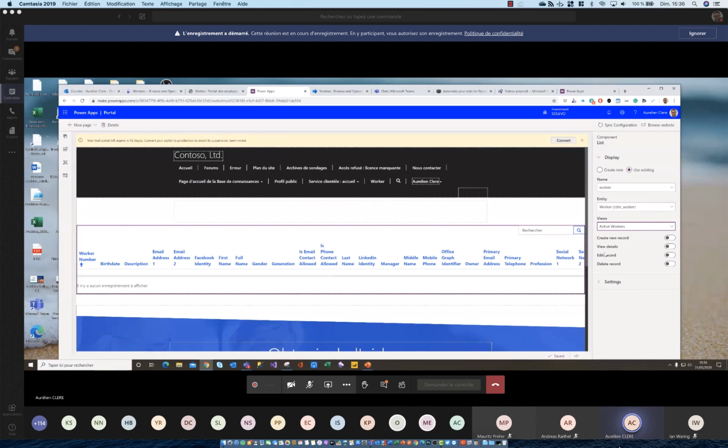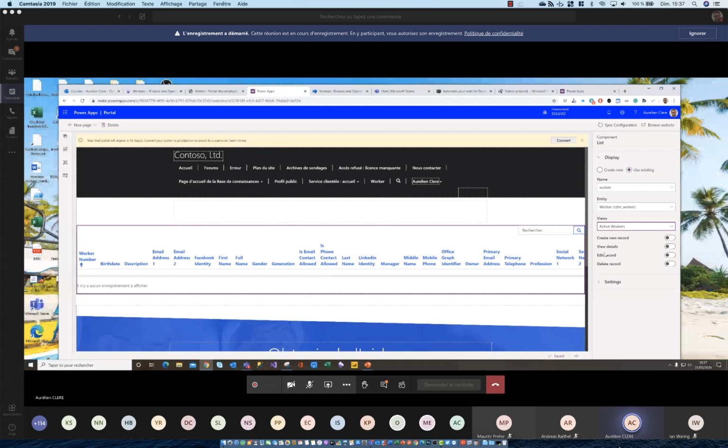So if you have a user and you don't want to buy a license for finance operation, you just give the user access to the Power Apps portal. It can handle, I don't know, expenses, master data, invoices, etc.